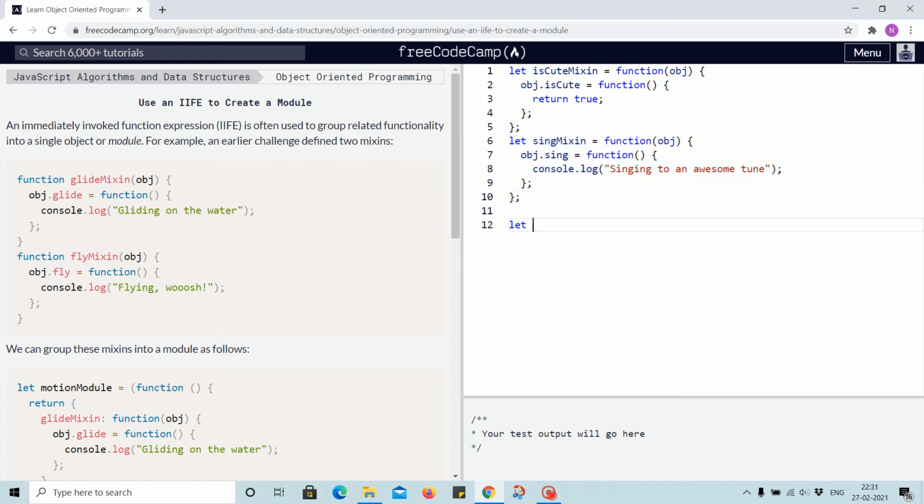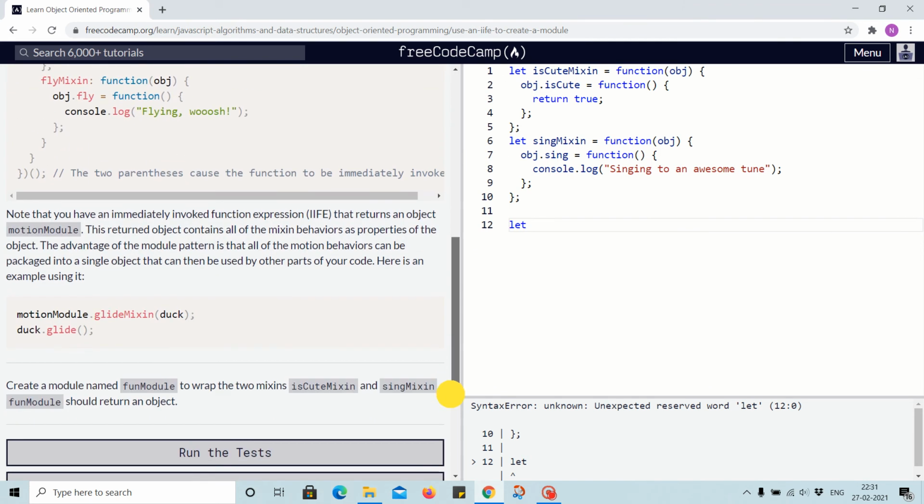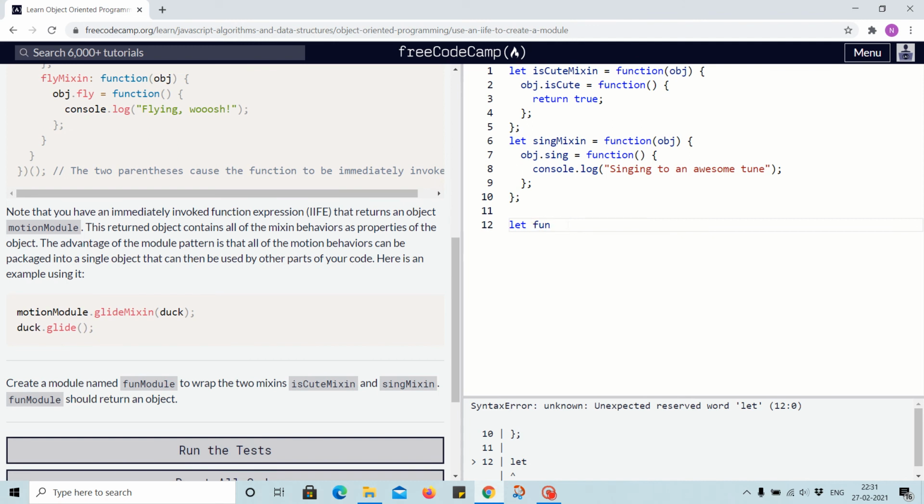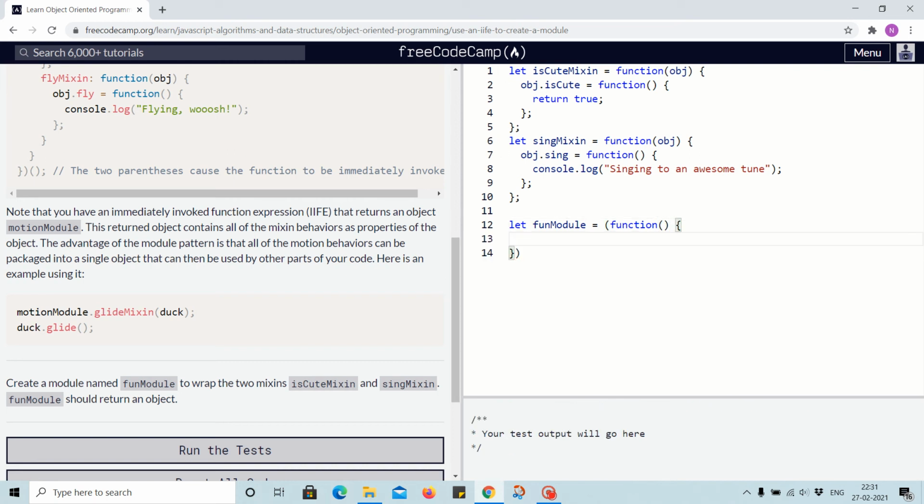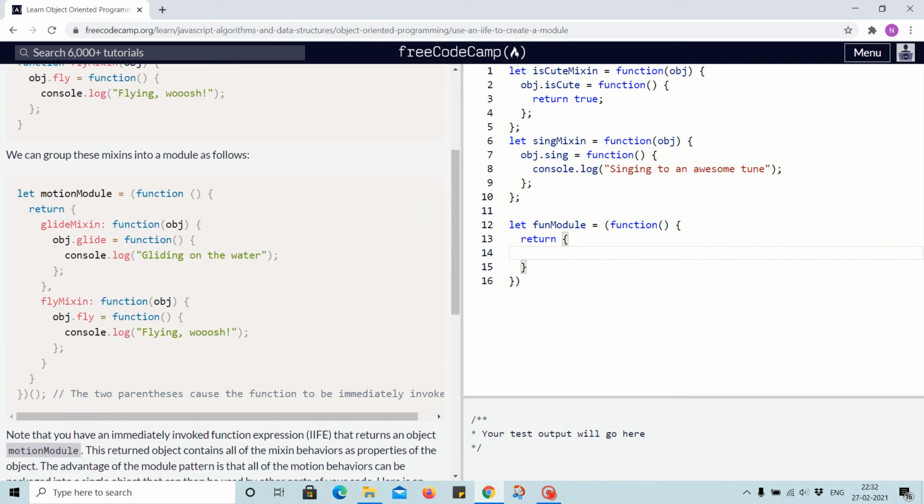Then let funModule equal to, and we will start with this function. It will execute once it's done, and we will return here inside the function. We are using return